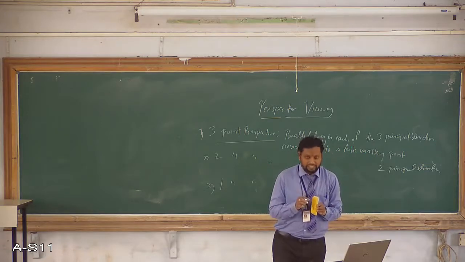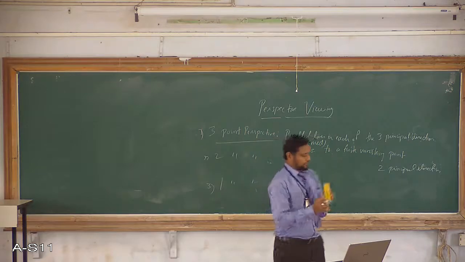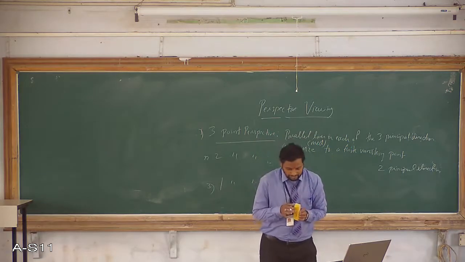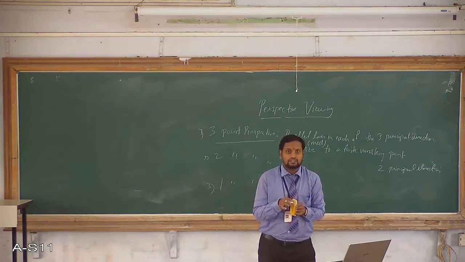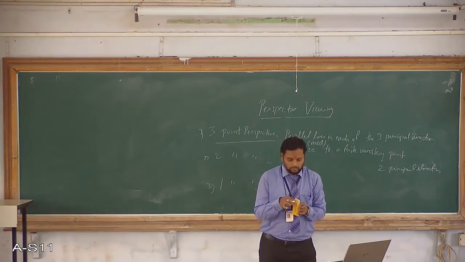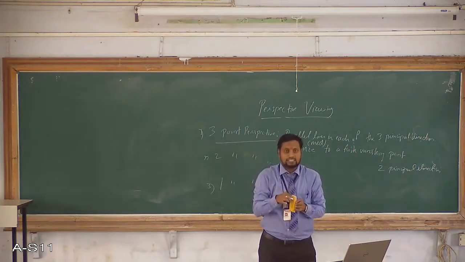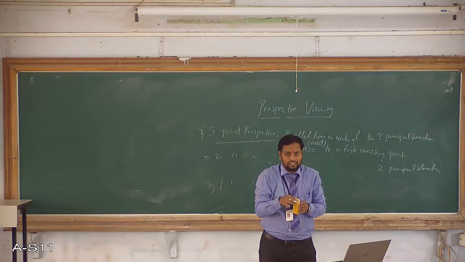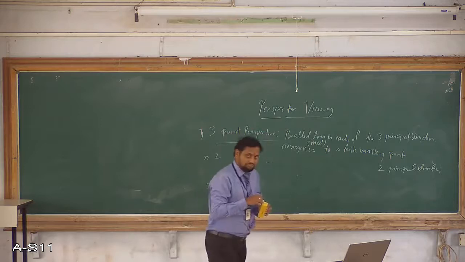Where is it meeting? I am standing exactly in front of this. This is the front view, this view, and the top view. They are meeting at one single point. It is a finite point, right? You cannot say this point is somewhere at the end. This is the finite point, it is not infinite, right? All these three directions are meeting at one point. So you can say this is the 3-point perspective view.